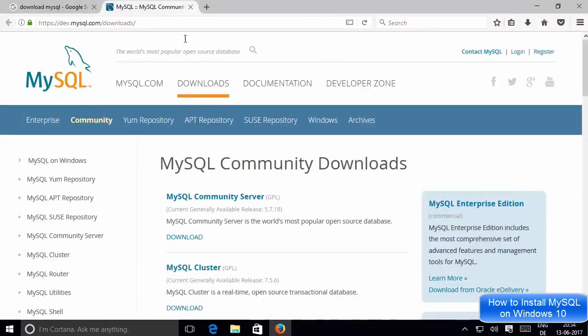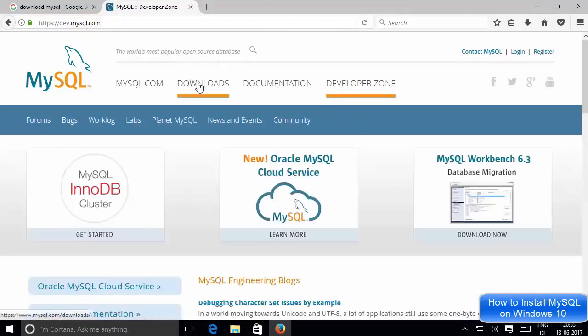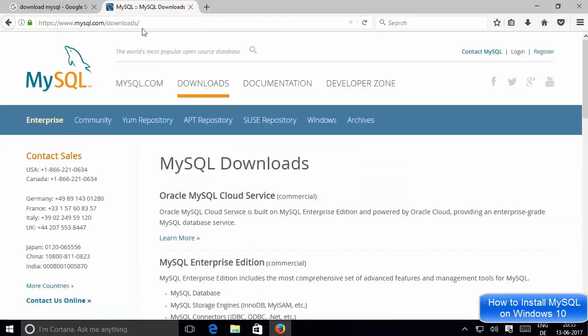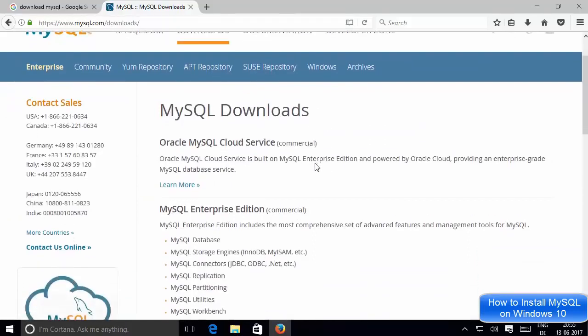Once you open this download page, the link is dev.mysql.com/download, and if you land on this dev.mysql.com page, then you can just click the downloads link here, and then you will reach the downloads page.